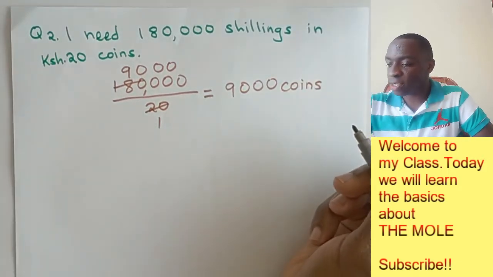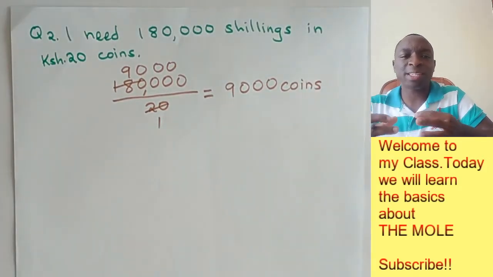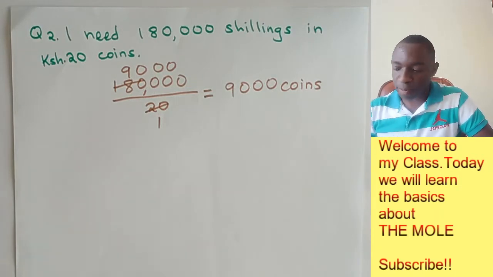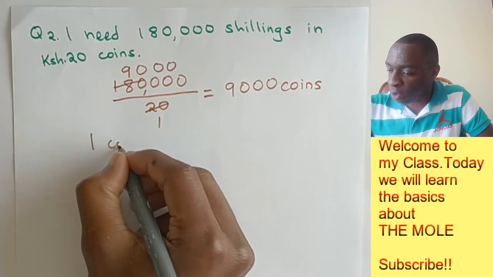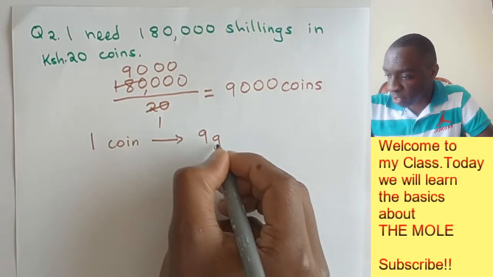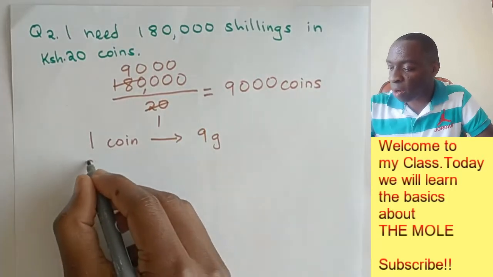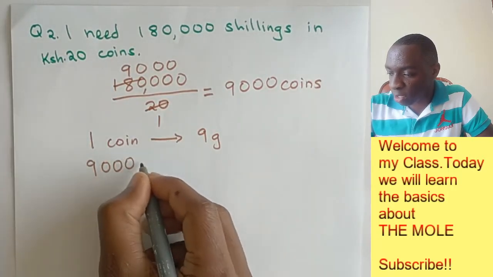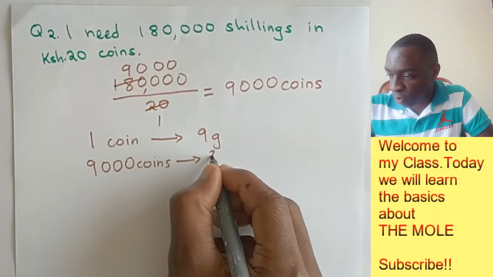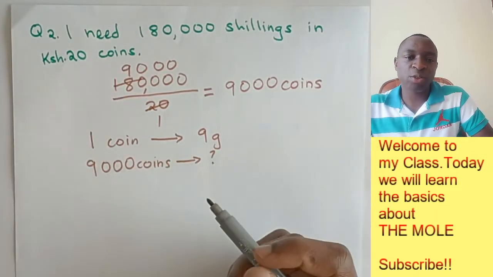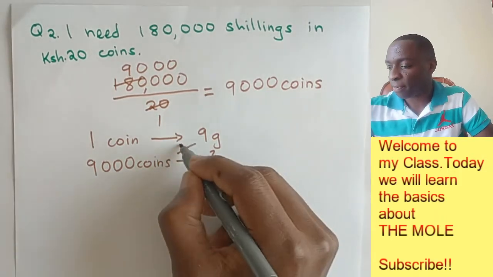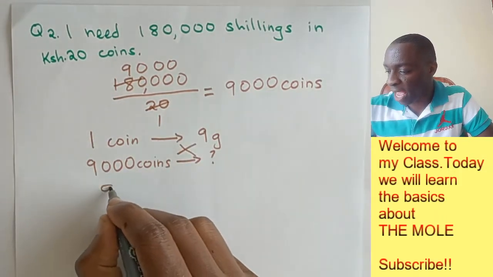So now you'll ask yourself, how will I start counting all these 9,000 20 shilling coins? It is very easy. Again, you use the mass. As we said, one coin has a mass of only 9 grams. So you ask yourself, how about 9,000 coins? What would be the mass for this? Once again, we will just do a simple cross multiplication and then we get the answer. So it will be 9,000